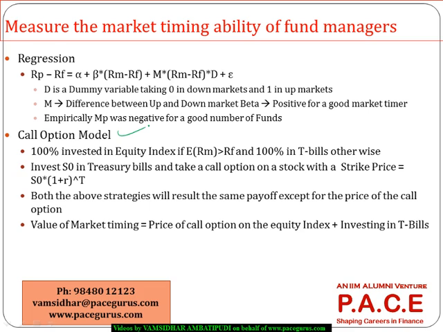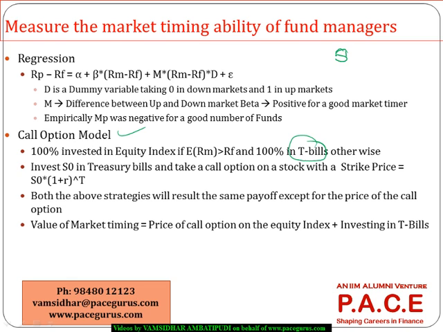assume that any manager wants to invest 100% in the equity market only. The ideal or the most extreme scenarios I'm talking of. If the market is rising, I want all my money to be invested in the equity market. If the market is falling, I want all my money to be invested in the risk-free or treasury bill market. So the same scenario if I want to create, the suggestion is